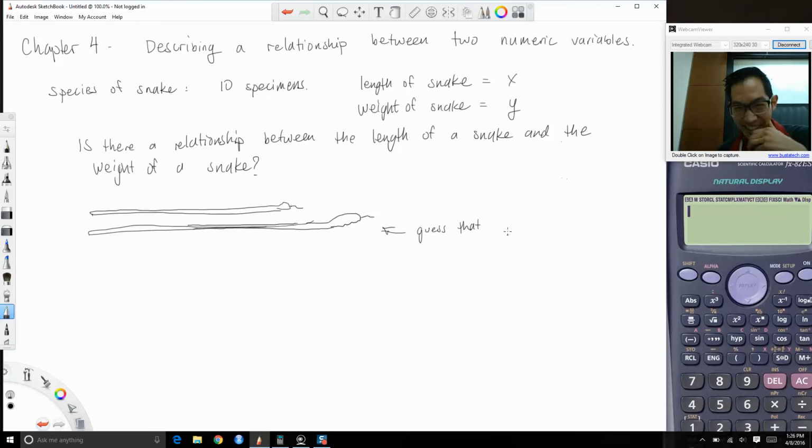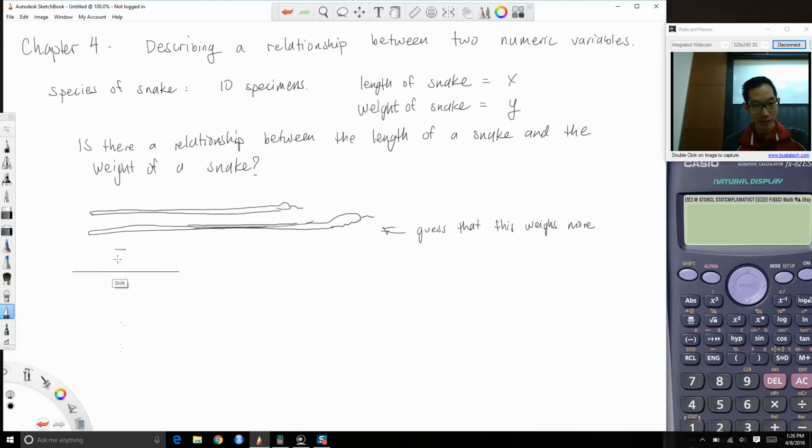So we would guess that this one weighs more. We would just expect longer snakes to have probably more weight. That's what we would anticipate. We could actually